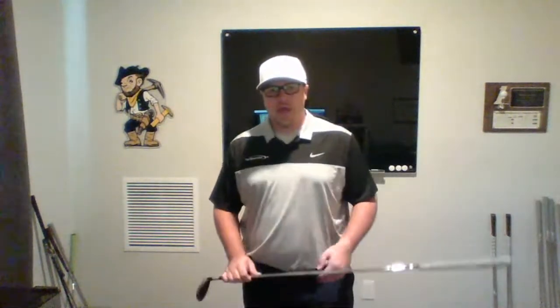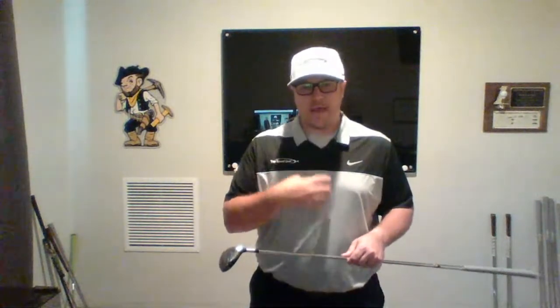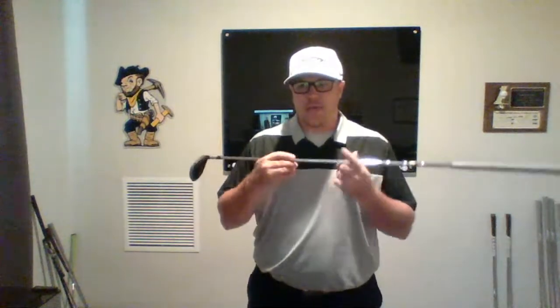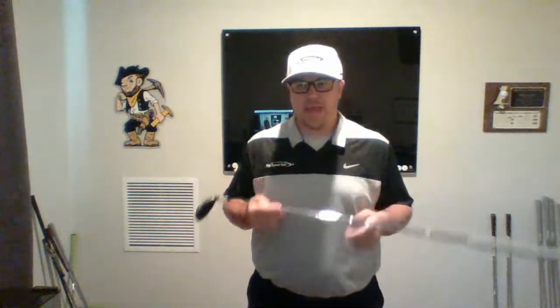If you look at tour players, the average tour player is getting about 118 degrees with their shoulder turn. About 50 degrees comes from the hips. About 50 degrees is coming from the thoracic spine, your upper spine. That's basically the separation of your hips and your rib cage. And then another 20 degrees or so is coming from the protraction and retraction of the shoulders. So putting all those together, a tour player is getting it to about 118 degrees.